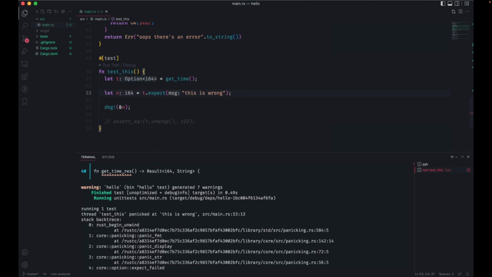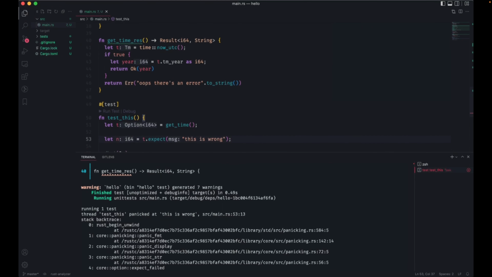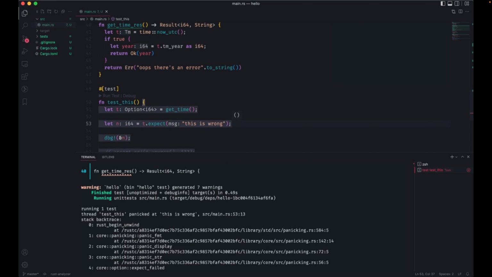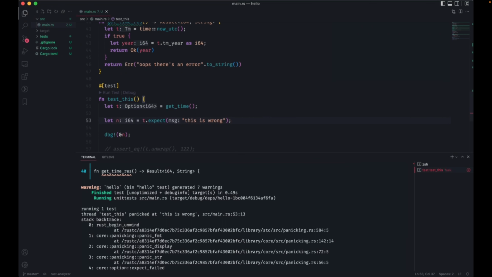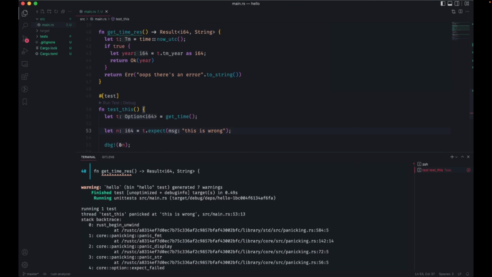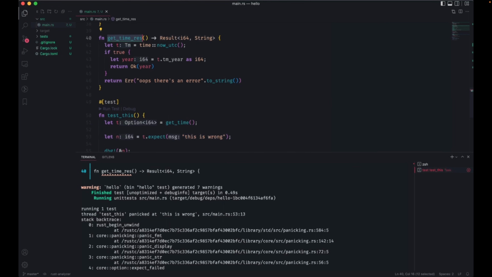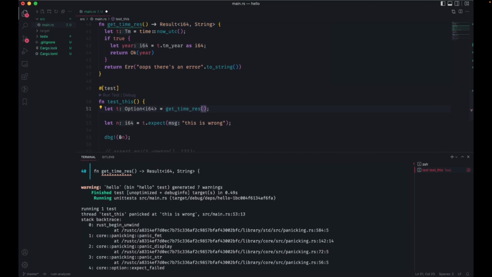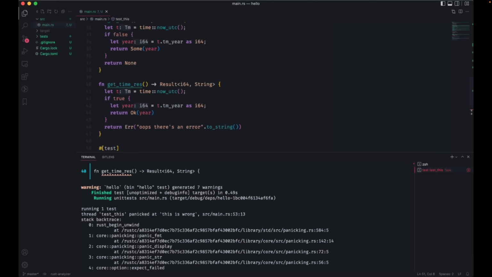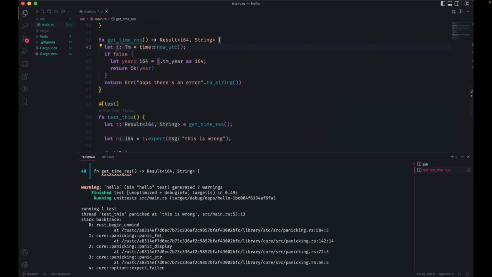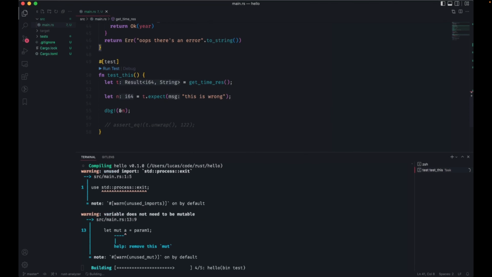And so for the option type, and it's basically the same for the result type, for the option type we have one alternative for error handling that's different from the result type. But let me just show you this other function we have, which is the getTime, but returning a result. I'm just going to change this here. So now instead of it returning an option, I have a result type in here. Let me make it fail as well. So this fails, and now I'm going to run it and see what happens.